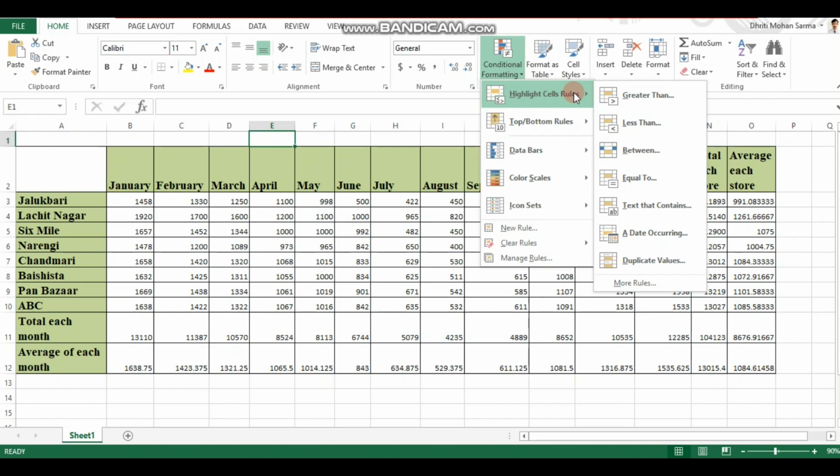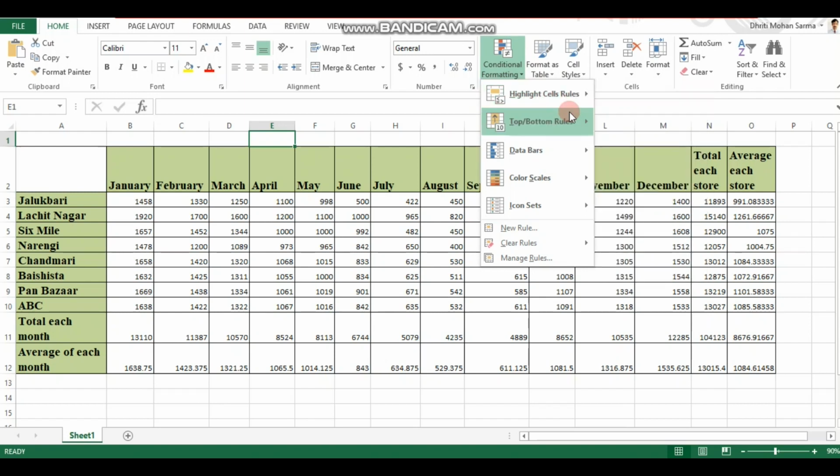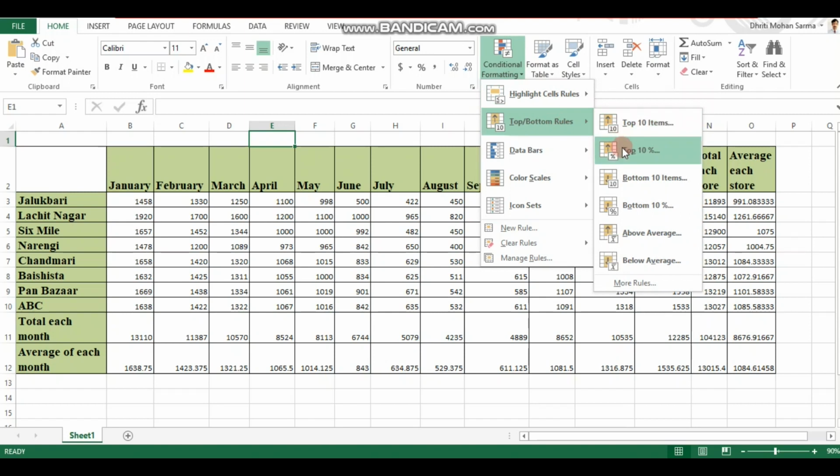If you have 20 also, the top 10 would be selected. If you have 100 also, the top 10 values would be selected. Now, if you go for top 10%, that means of the total data, 10% of those data would be selected and highlighted. So there's a difference between the top 10 items and the top 10% of items. Similarly for bottom 10 and bottom 10%.